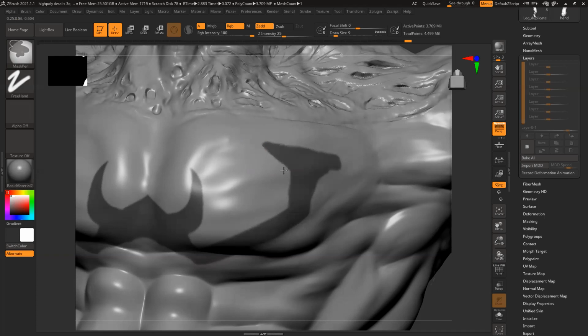Then minus and make it really sharp. Mask, plus invert selection, and extract.